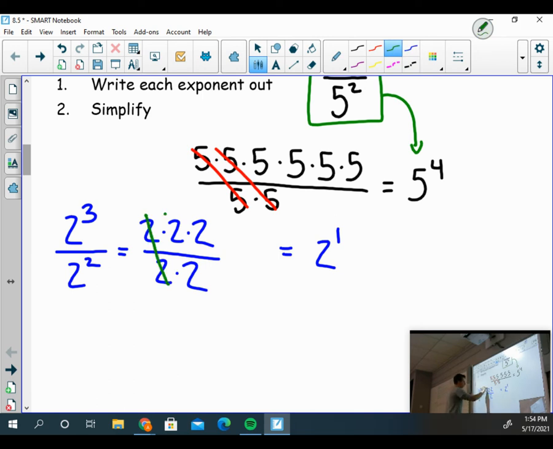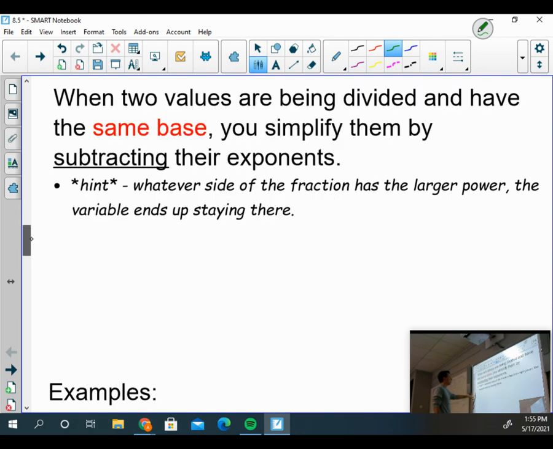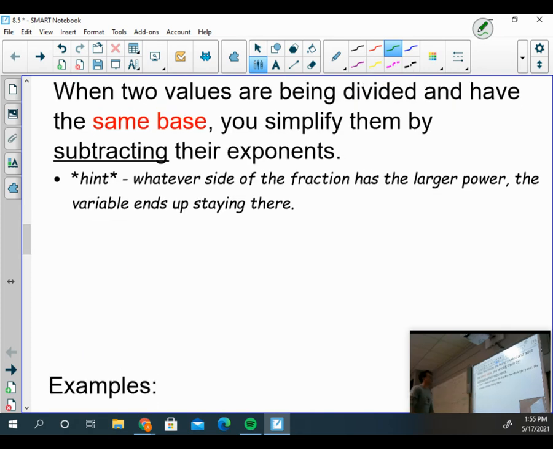We can cancel out two of the 2's on the top and the bottom, and that does leave us with just one 2, aka 2 to the first. And this is going to be our exponent rule for when we are dividing quantities that have like bases. When two values are being divided and have the same base, you are simply going to simplify them by subtracting